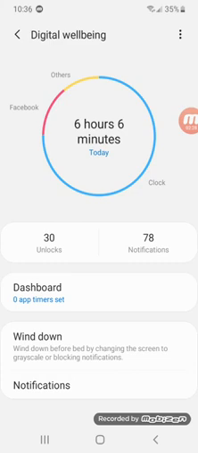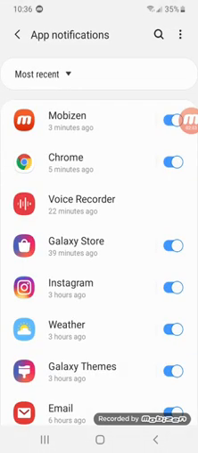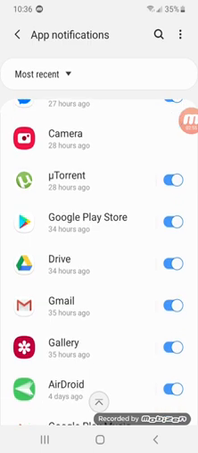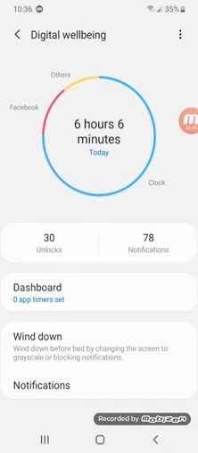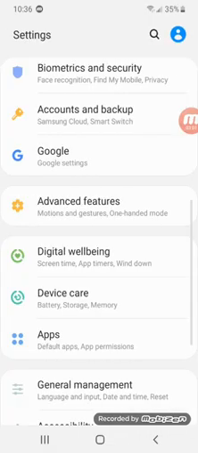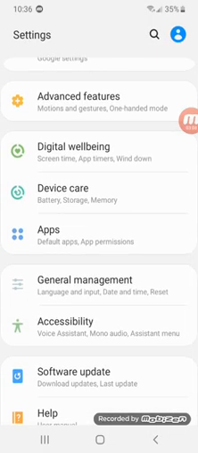others, Facebook, clock, dashboard, wind down. Never heard of that. Wind down before bed by changing the screen to grayscale and blocking notifications. Change your apps, what you want to disable, and all this other stuff. Apps, use the default app permissions, general management, and time reset, accessibility for different download and